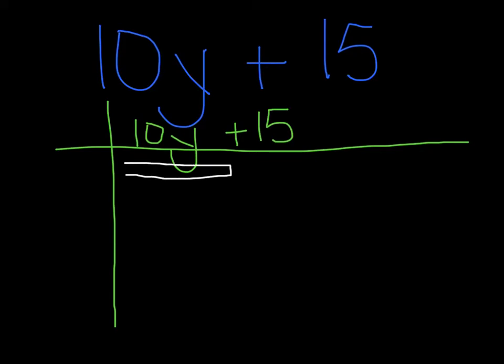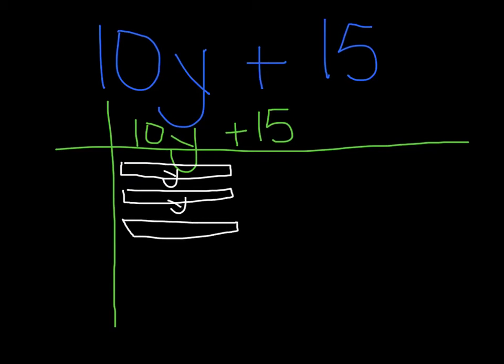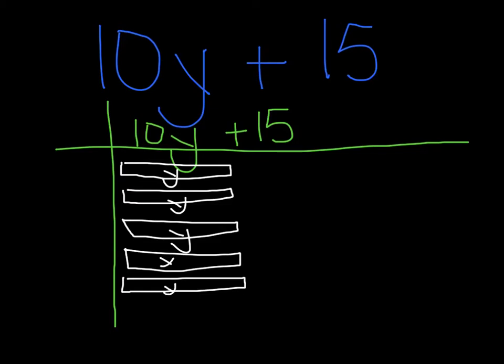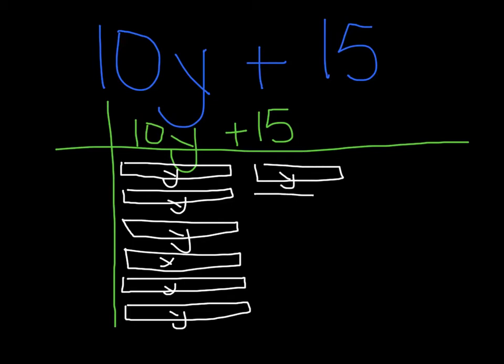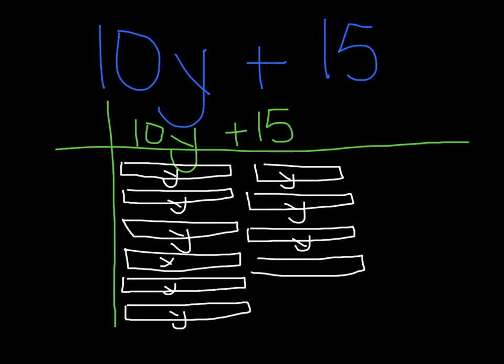So I have 10 y's, which means I need to have 10 variable things here. 1, 2, 3, 4, 5, 6, 7, 8, 9. So there's my 10 y's,